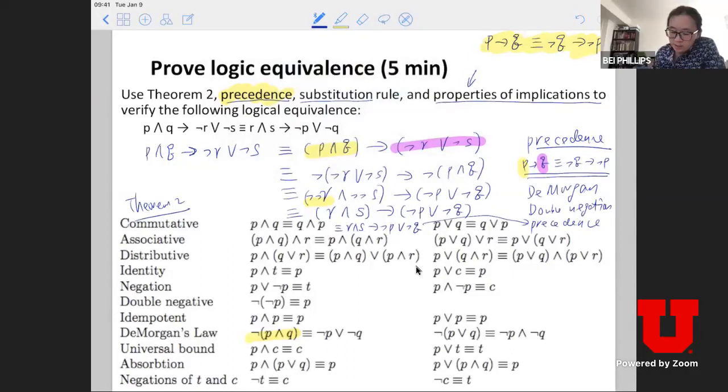Okay, so it's important in this thing, in actual grading we will be a little bit flexible if you miss the precedence, because sometimes you use it without knowing it. You know that order of operation, which one comes first, which one comes next. But for this particular problem, the most important rule is, of course, the property of the implication, the De Morgan, and double negation. Double negation is actually an important step that you should not skip.